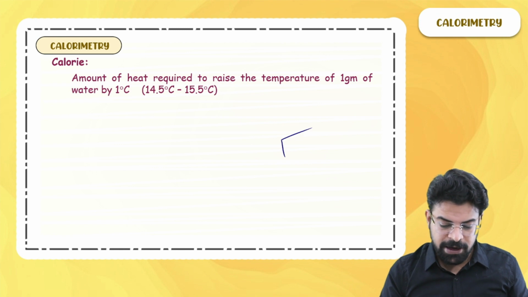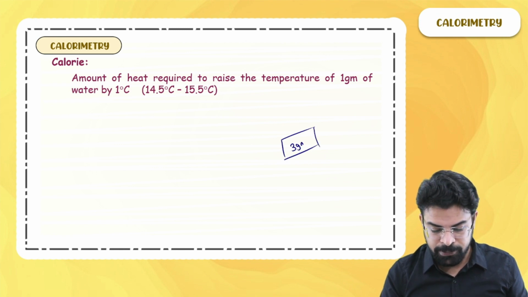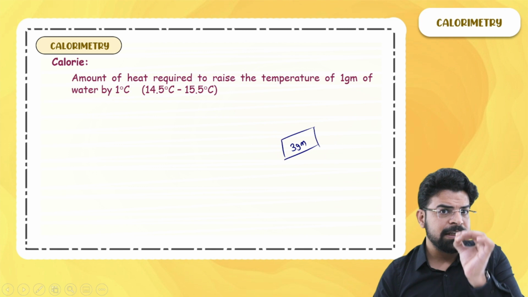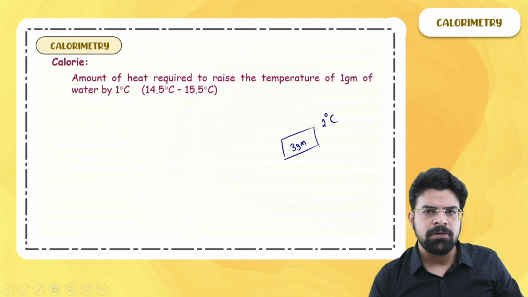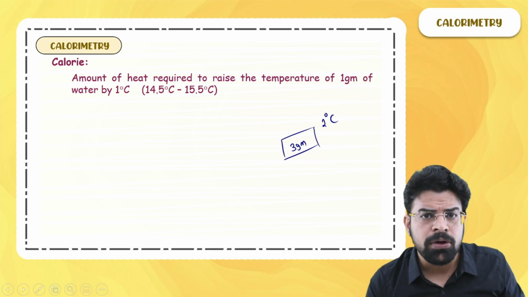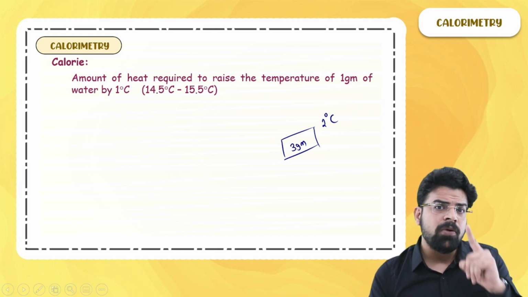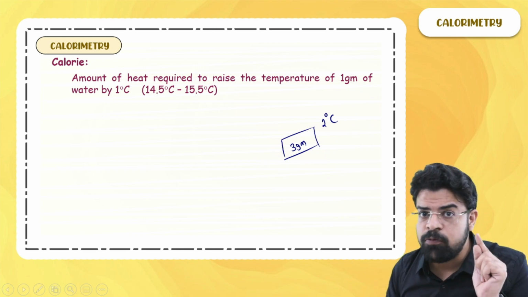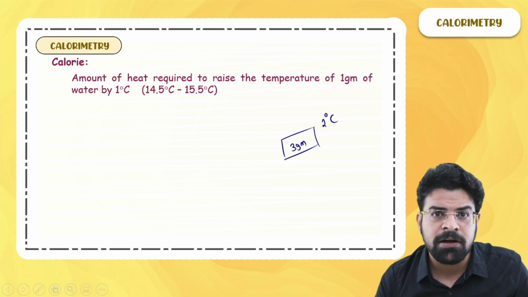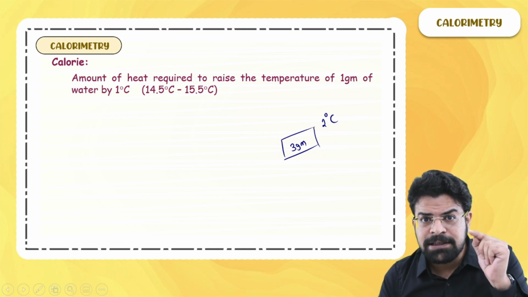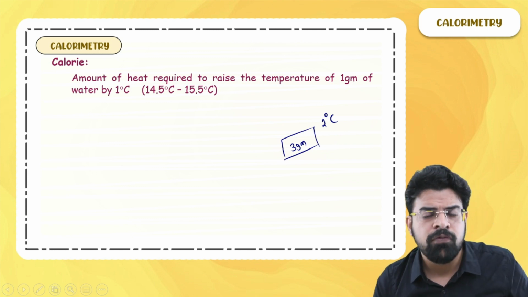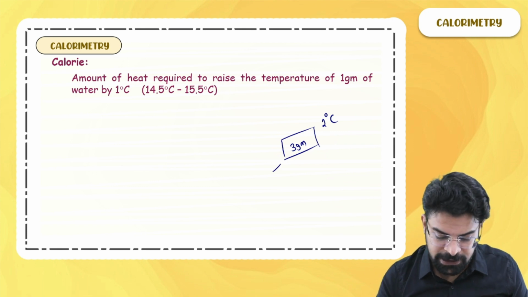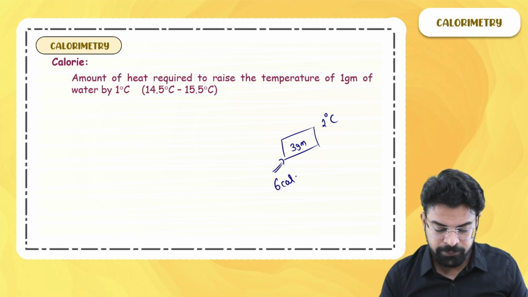Another question, if rather than having 5 gram, you have got 3 gram, and now I ask you how much heat has to be given to raise the temperature by 2 degrees centigrade. So you'll say, okay, what is this? This is water. How much? 3 gram. What do you want to do? I wish to raise the temperature by 2 degrees centigrade. Okay. So 1 calorie is the amount of heat required to raise the temperature of 1 gram of water by 1 degree centigrade. You don't have 1 gram. You have got 3 gram. So for each degree rise in temperature, you have to provide 3 calorie of heat. You want 2 degree rise. So the amount of heat that has to be provided is 6 calorie.